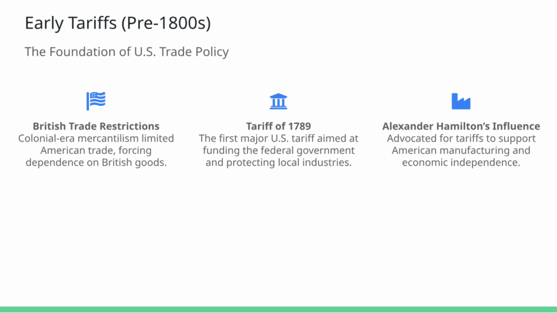But perhaps the biggest champion of tariffs during this time was none other than Alexander Hamilton, yes, the guy on the $10 bill. Hamilton believed that for the US to become a strong and independent nation, it had to protect its own industries rather than rely on imports. His vision was clear: by imposing tariffs on foreign goods, American manufacturers could grow and compete on a national scale, making the country less dependent on European economies. So, while today we often think of tariffs as political tools, back then they were seen as a matter of national survival. But as the US economy evolved, so did its use of tariffs, sometimes with unintended consequences.